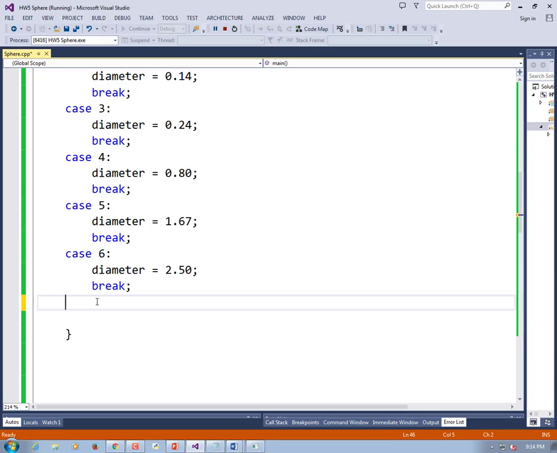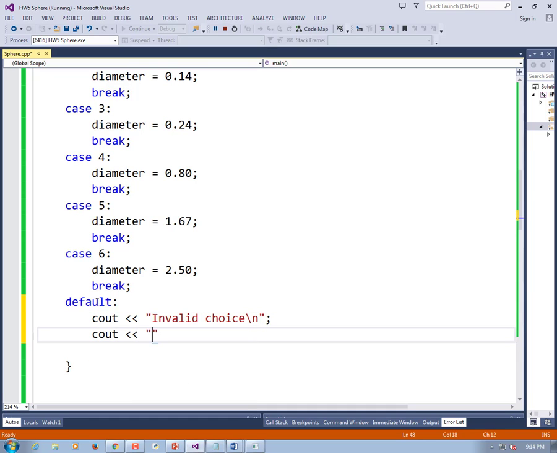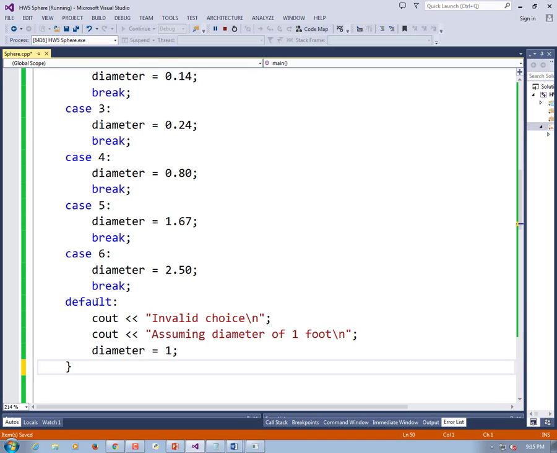So let's throw one more case in here. Default, colon, and let's tell them invalid choice. And let's tell them assuming diameter of 1 foot, and then set the diameter equal to 1. Yeah, we could crash the program. I mean, no, we could use a return statement to bail out instead, but